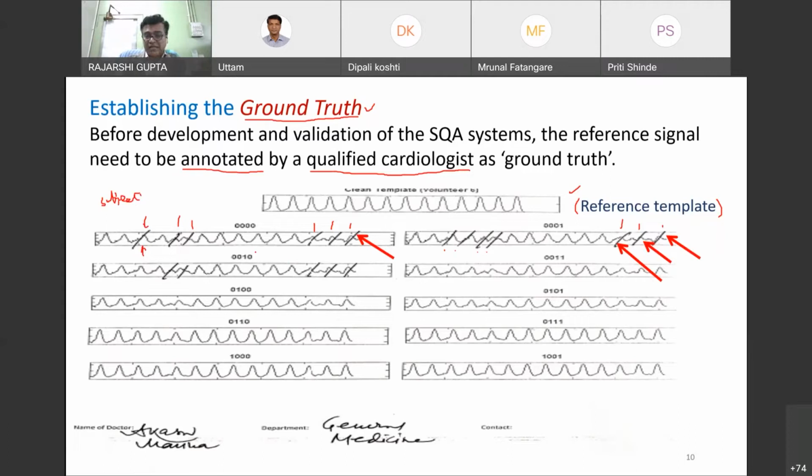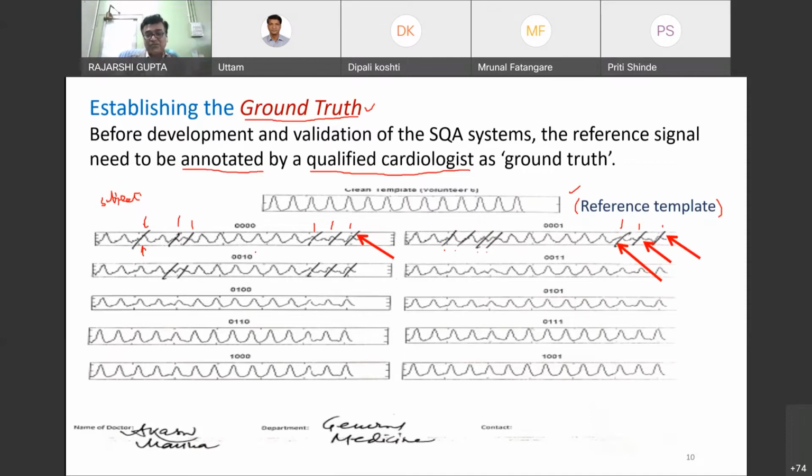So what is done is that you have to annotate these signals with more than one physician. Even then, you cannot accept all the annotations, because there will be conflict in certain segments of the data where one physician will tell you these are acceptable segments as far as quality is concerned, and the other physician will